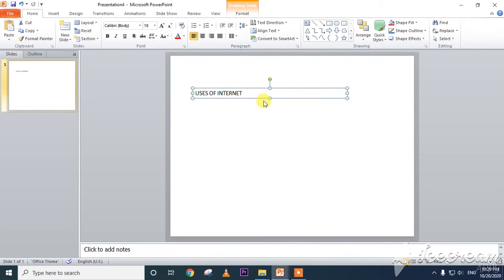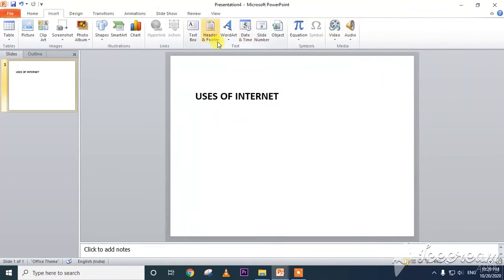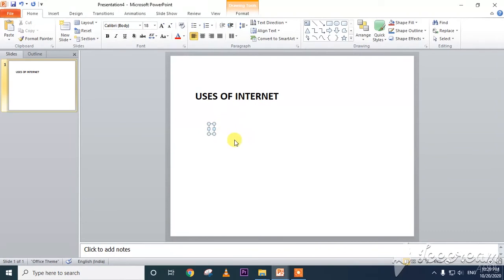Now here I'm going to write one more text box, for example, our work will be done fast, time saves, and more comfort. So these are my points.